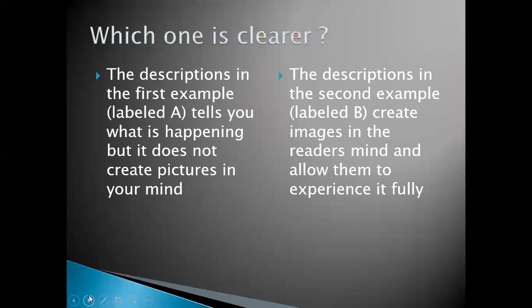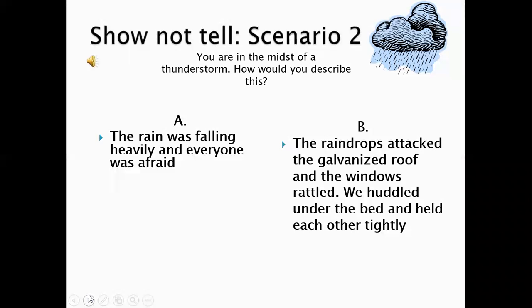Which one is clearer? Yes, ma'am, please. Ma'am, when we describe something, instead of using more and more words, can we use more and more idioms in order to make our sense more suitable? Yes, using idioms and figurative language, similes and metaphors, all right,